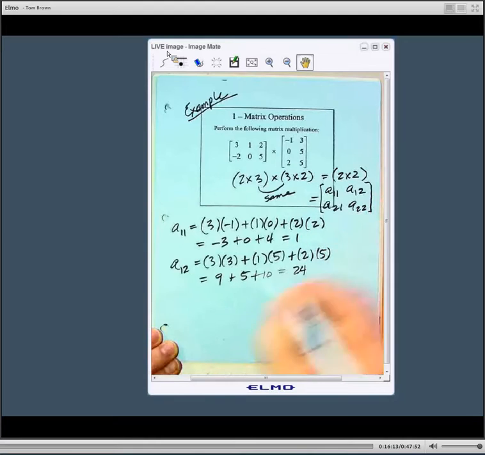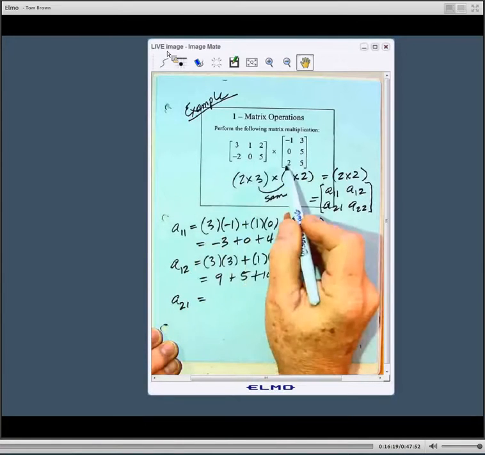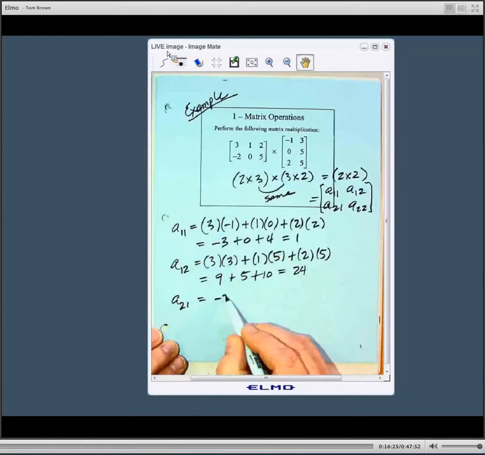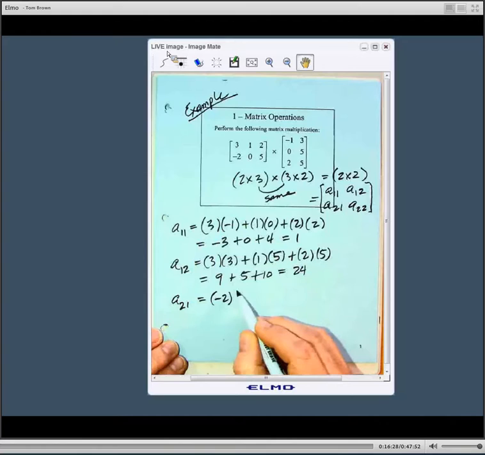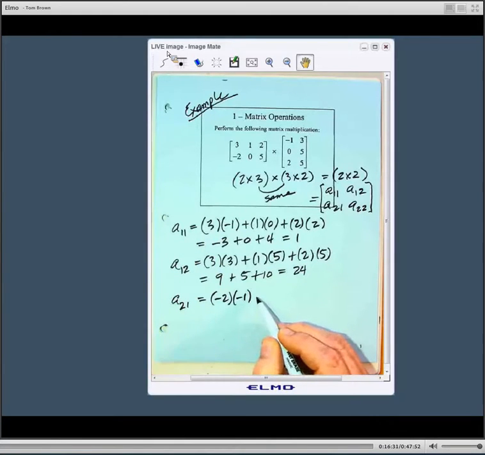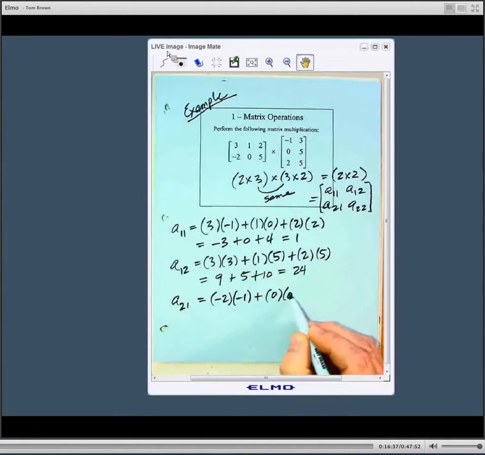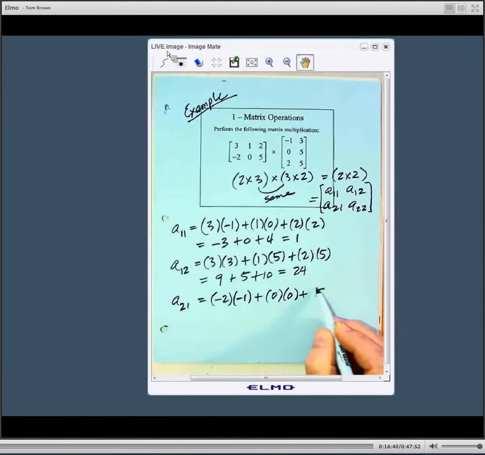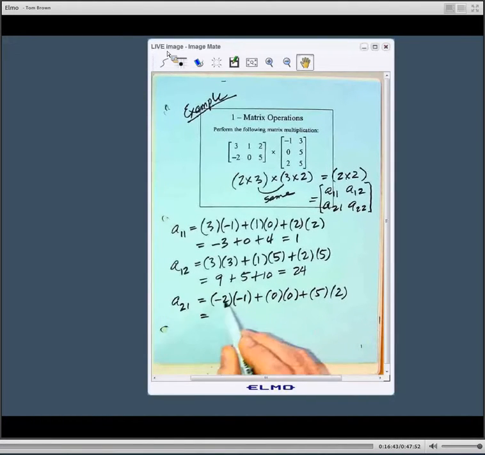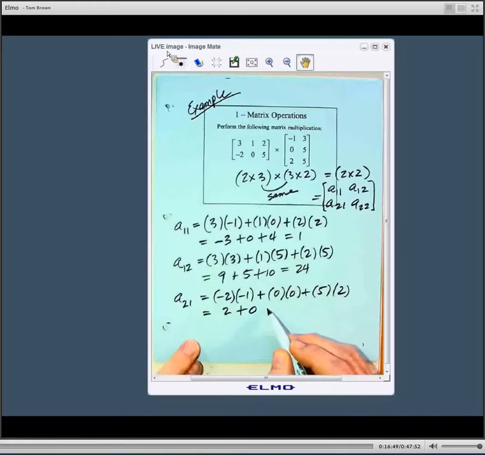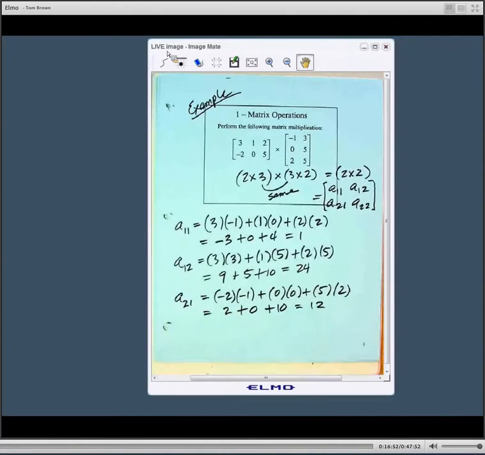Then let's get this one, A21, which is now going to be the second row in the first column, and then we're going to do the second row in the second column. Okay, so we've got minus 2 times minus 1, and then we've got this 0 times that 0, so plus 0 times 0, and then plus 5 times 2. So that's equal to, well, double negative, so we got a 2 plus a 0 plus 10 equals 12. Okay, so by that time, maybe you've eliminated one